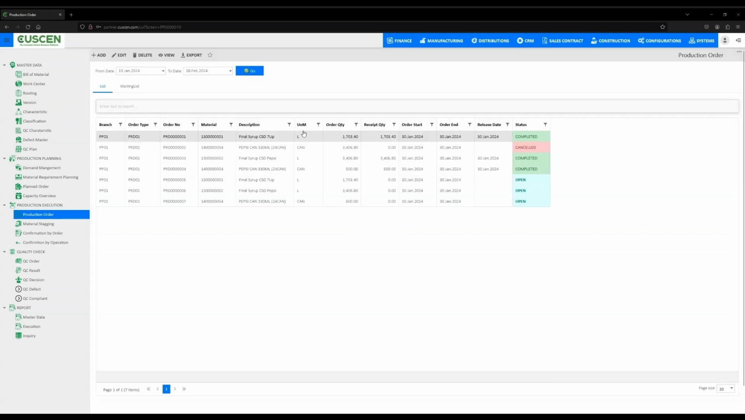Here, we have the main dashboard displaying a list of production orders. Each column provides critical information. Starting from the left, we have the branch, which signifies the location and department the order is associated with. In this case, PP01 stands for manufacturing. Next is order type, here labeled PRD01. The order number is a unique identifier for each production order, while material specifies the item code being produced or processed, such as